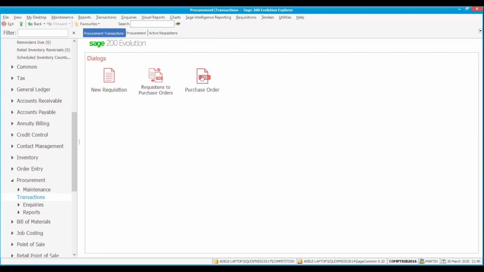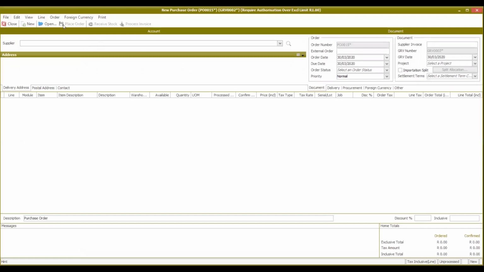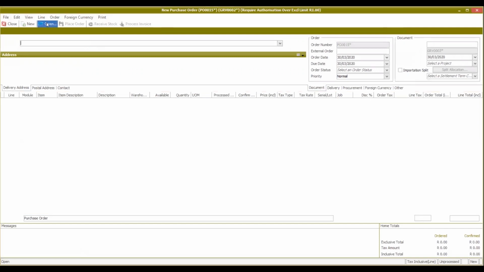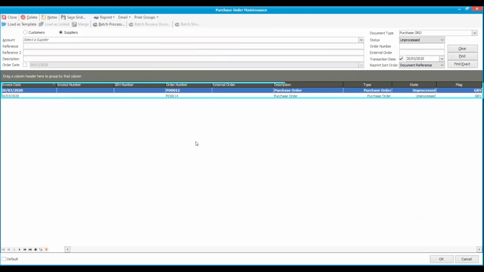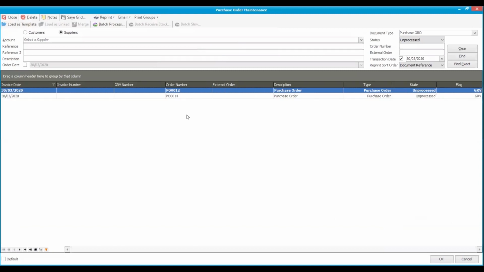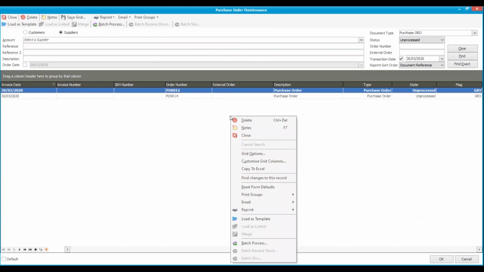So we go to purchase order, click on open, and the status will be unprocessed. There's the purchase order. What is very nice about this screen, you can customize the screen to see the requisition number. To do that, right-click on the screen, customize grid columns,